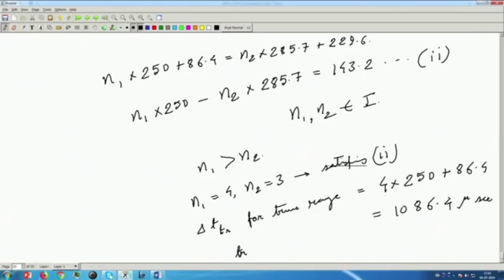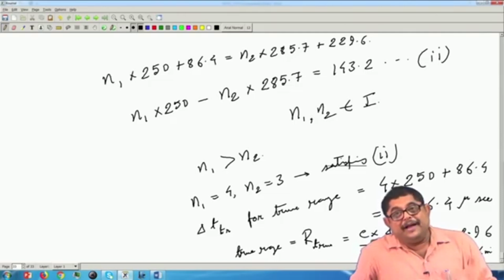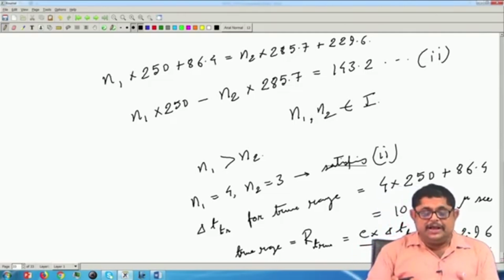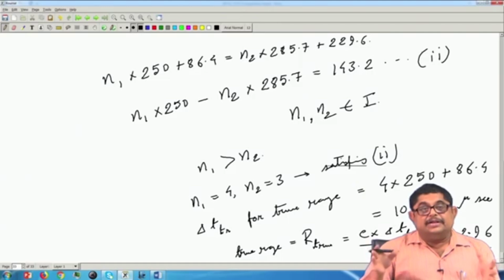So, true range is R true is C into delta TTR by 2, that is 162.96 kilometer. Please go through, this is an important problem, and conceptually it clears many things,